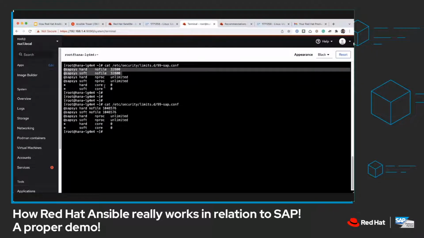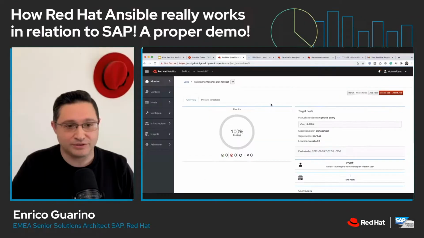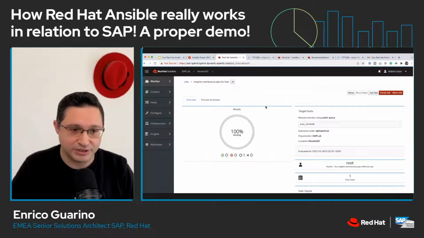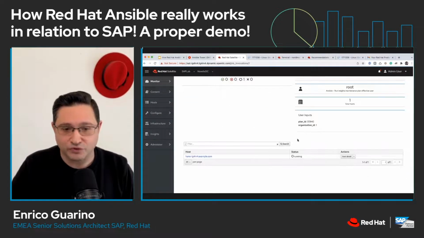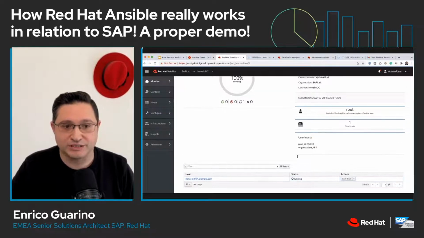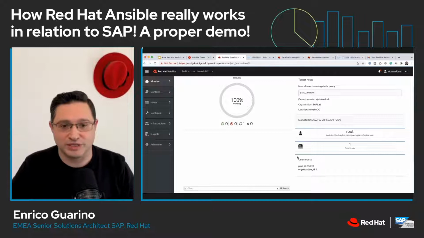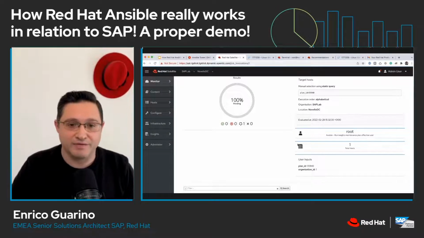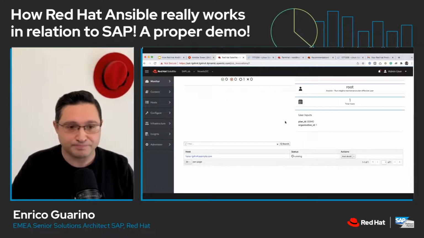Of course, as we haven't selected to reboot the system, the system is still up and running. So let's go to Satellite. The job is still running for Satellite. We should wait a few seconds so that Satellite is able to understand that all changes have been performed.